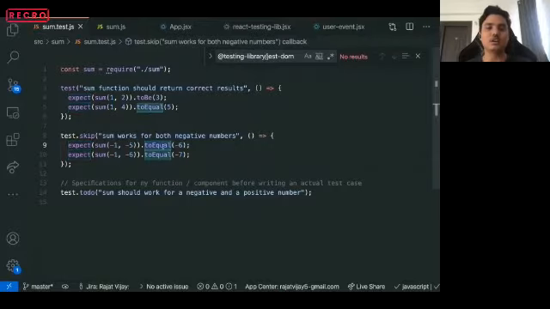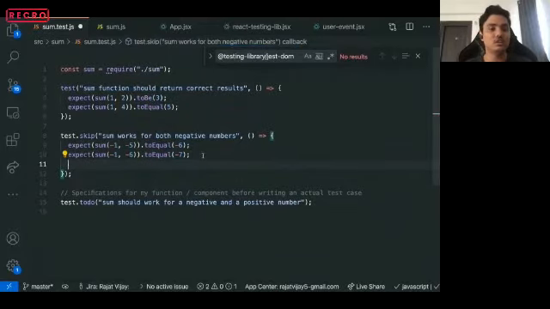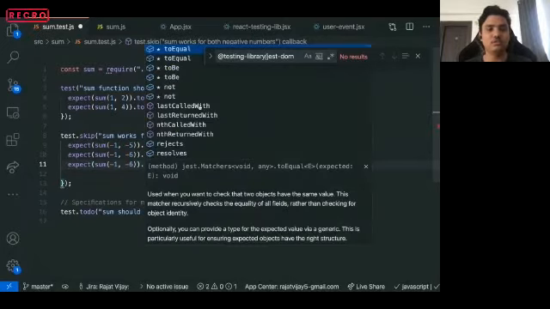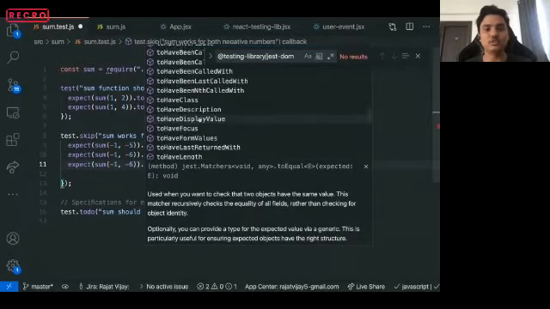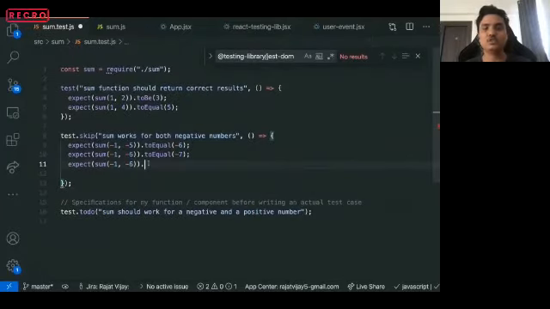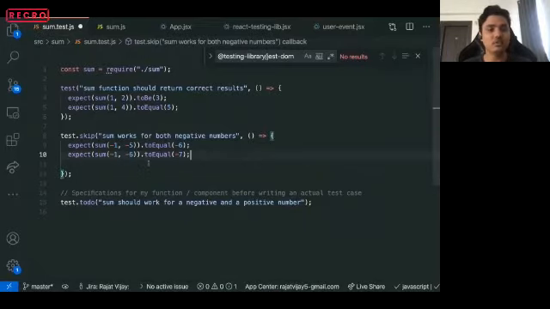So expect has this assertion utilities on top of it called toEqual or toBe. There are other assertion utilities. Let's see. So you can see there are a bunch of other utilities. So these utilities help you actually assert what outcome you are expecting out of a component.